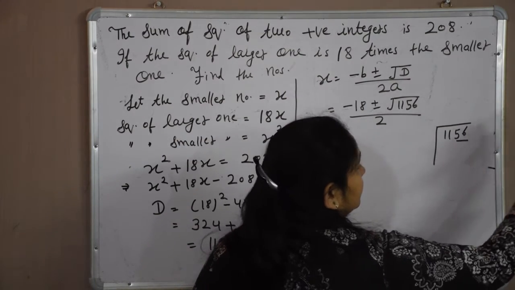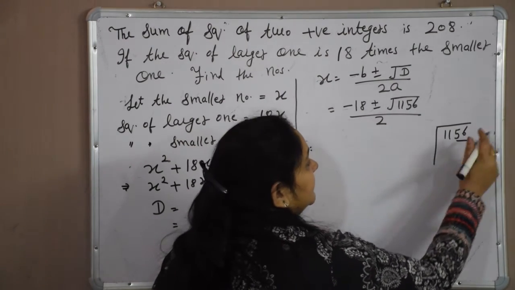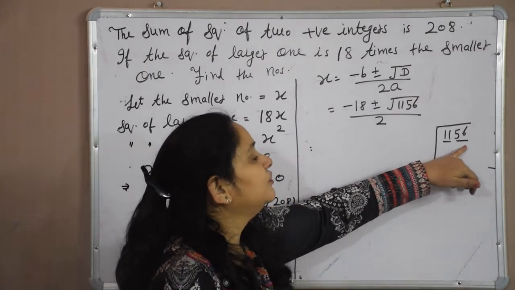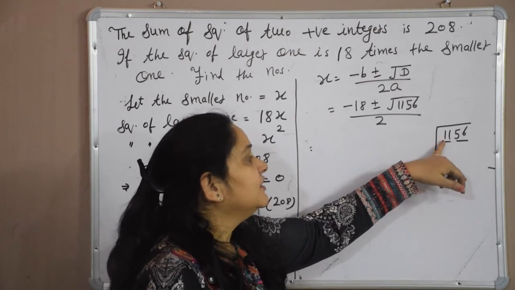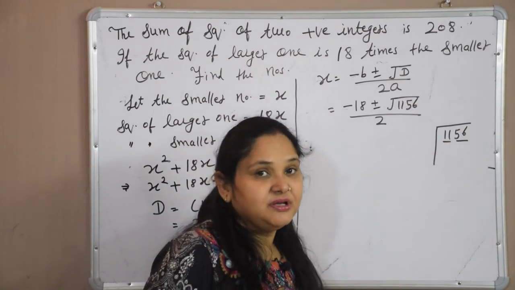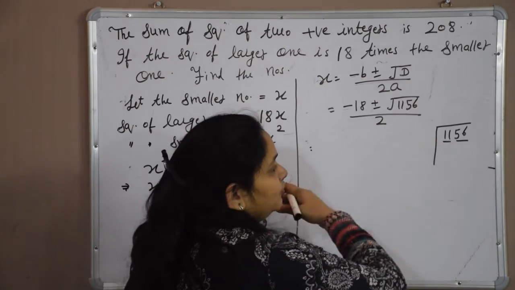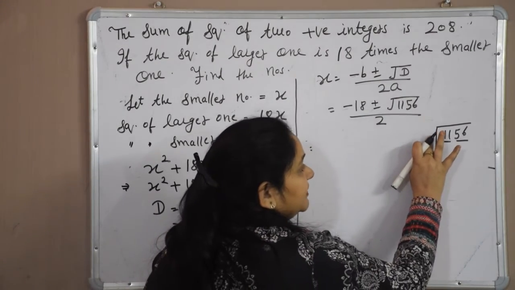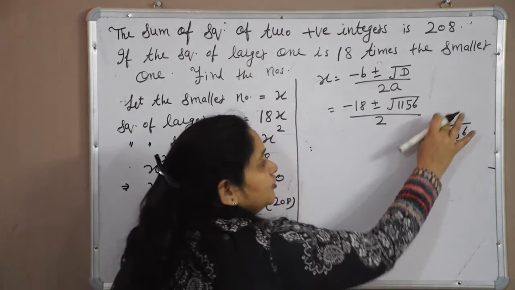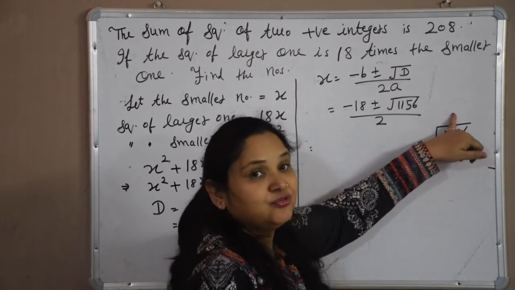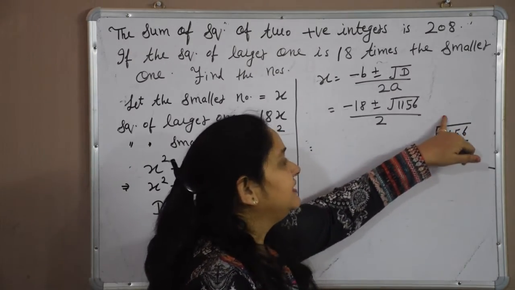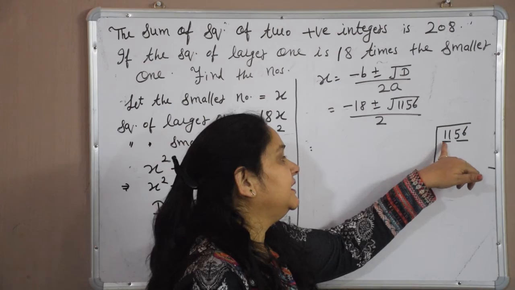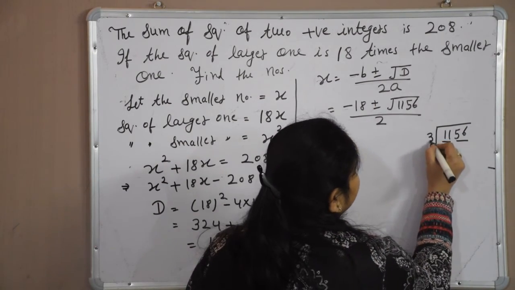1156. So from the right hand side we are pairing it, one pair and this is the second pair. If a term does not get a pair, suppose we have three digits like 956, the single number stays as it is, no problem, but from the right hand side we have to make the pairs. Now we have to choose such a number that whatever number we write here, that same number should be here. So 2 2s are 4, it will be very small. Then 3 3s are 9, it is suitable. Now 4 4s are 16, 16 is more than 11, so we can't choose it, and our appropriate number is 3.